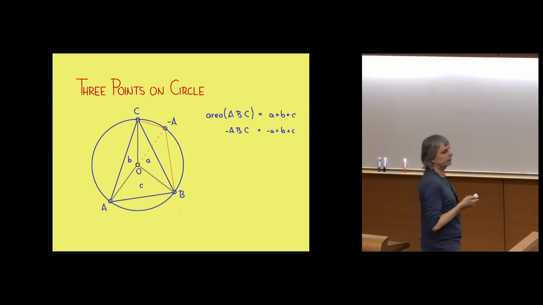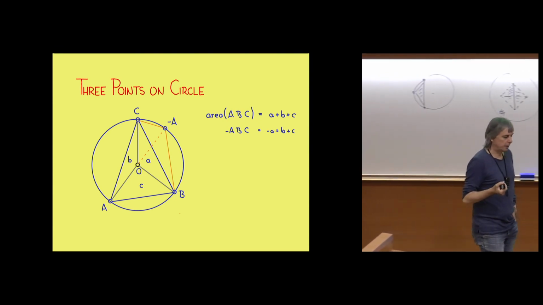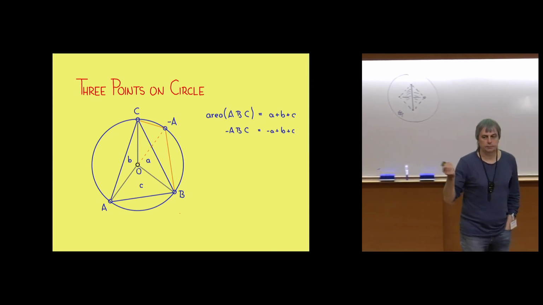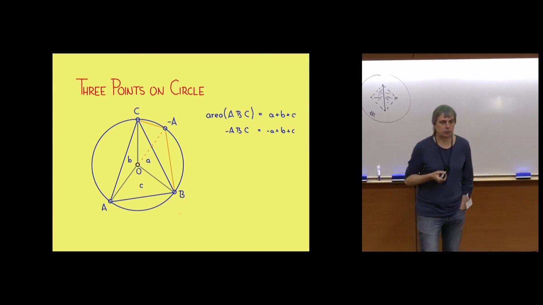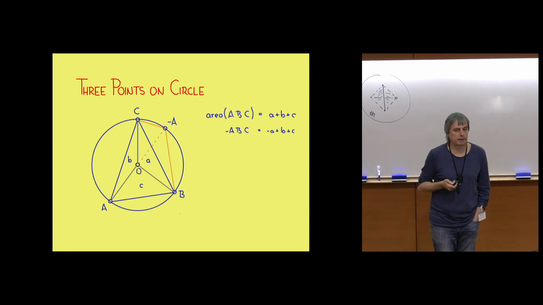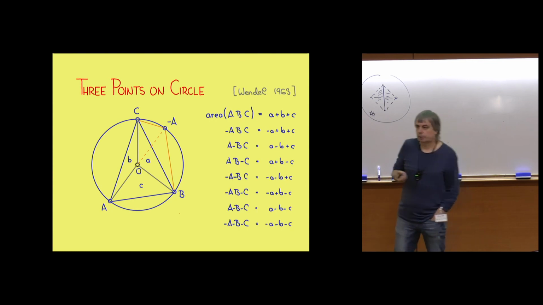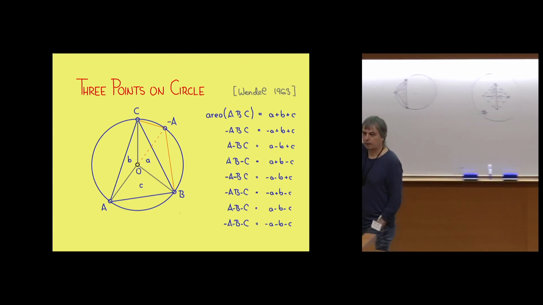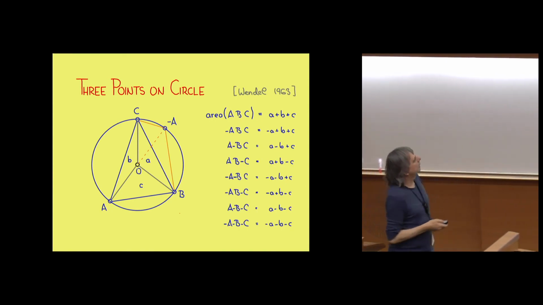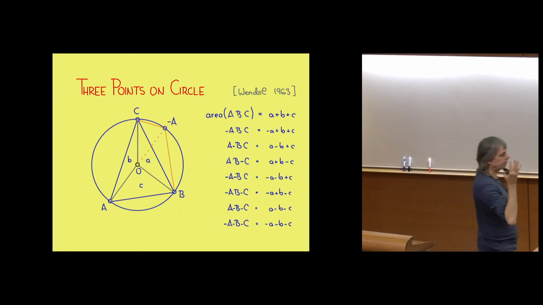And if one triangle is negative, this is an indication that the center is not in the triangle. Now, to pick A or minus A is the same probability. So I have the same chance of choosing minus A, B, C as ABC. If I reflect another point, I get another minus sign. If I reflect all 3 points, I get 3 minus signs, and then I get, again, a triangle that contains the center. So now I have 8 possible triangles.